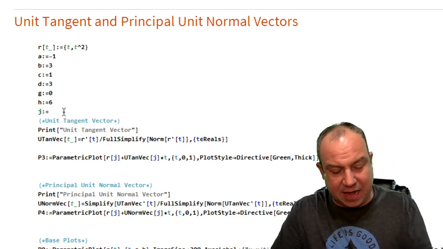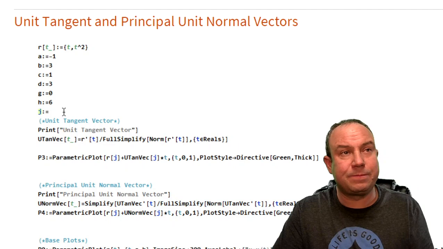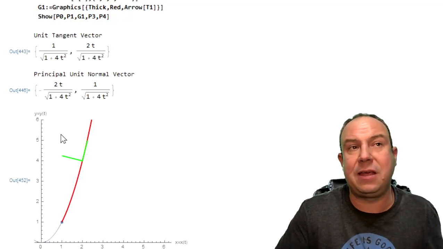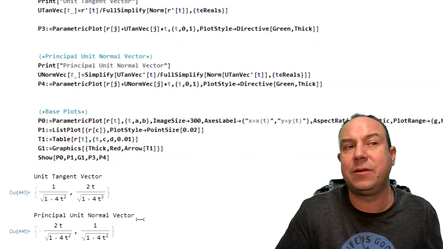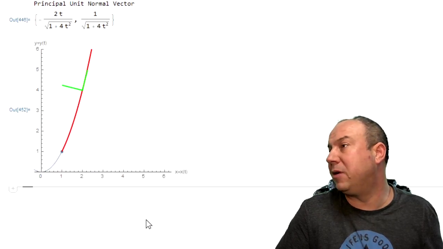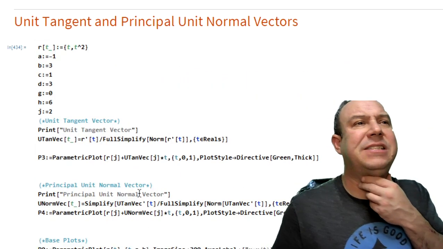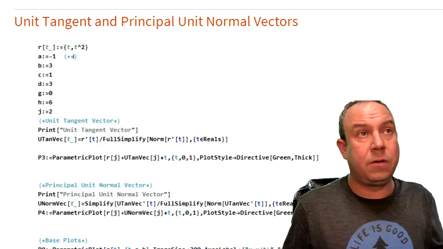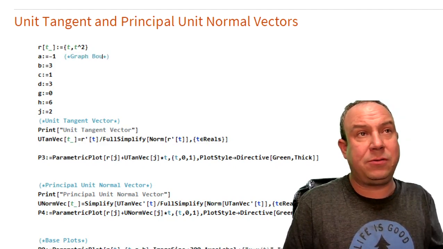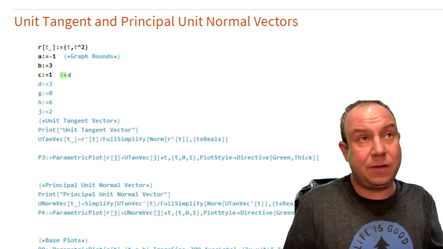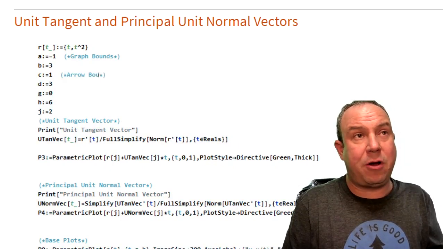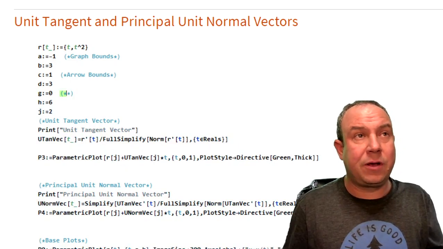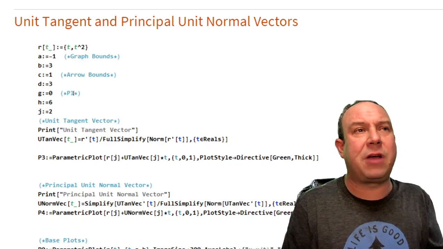And maybe we want to look at that, let's go 2. We could certainly do that, and it disconnects itself now from the red graph. We don't always have to be at that point, so that gets a little bit more fancy there. What we might say, these are right graph bounds. These are arrow bounds. What were G and H again? Oh, these were plot range